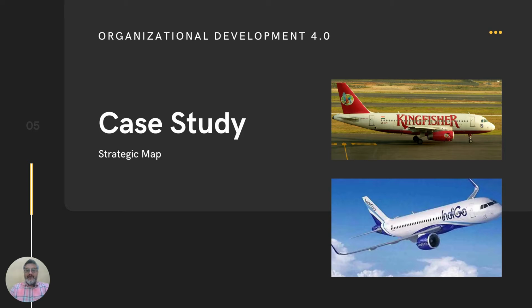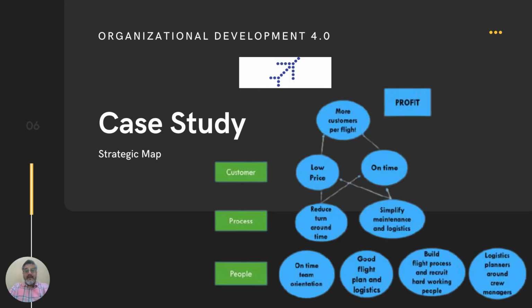Whereas Indigo was primarily focusing on offering prices which were lower than the competitors and on-time takeoff. So this gives us a fair idea of how important it is to have focus on one thing rather than focusing on everything. Now, when we look at the Indigo